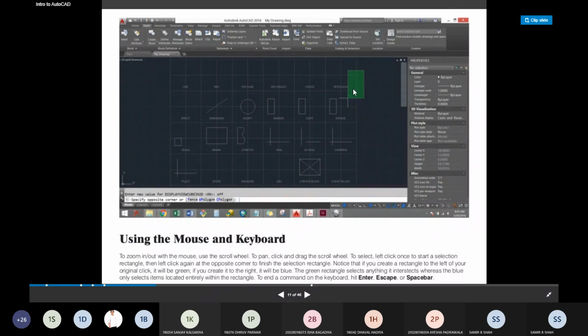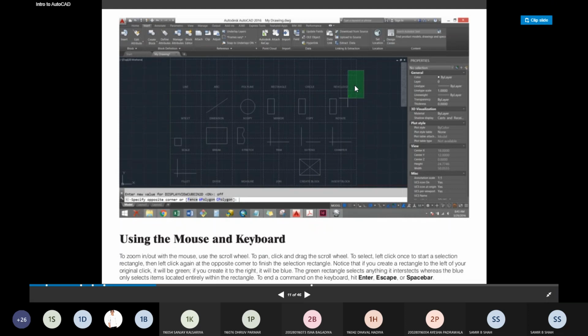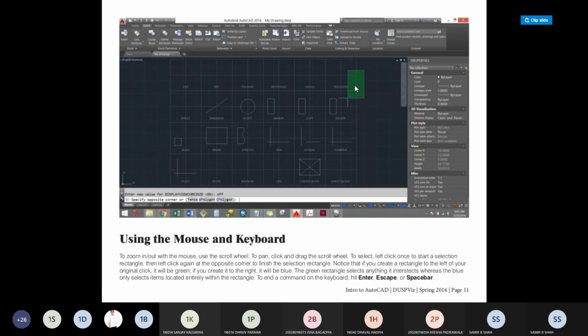If you create it to the right, it will be blue. Okay, you understand that? If you create a rectangle to the left of your origin, it will be green. But if you create it to the right, it will be blue. The green rectangle selects anything it intersects, whereas the blue only selects items located entirely within the rectangle.